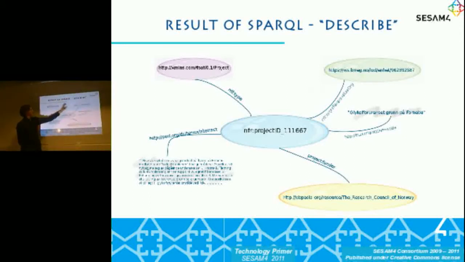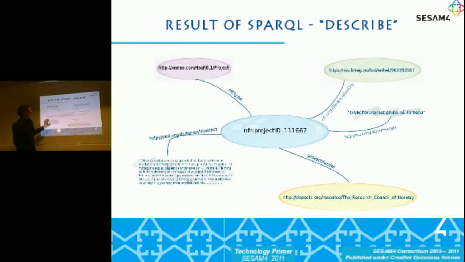It will give you the properties that are related to this node with some of the data related to that. So what you see here is that the node that I asked for is of a specific RDF type. It tells me that it is a project. So this node represents a project. It has a responsible organization represented by a URI. It has a Dublin Core title attached to it. It has a project funder, which is a URI again, and it has a Dublin Core abstract, which is a